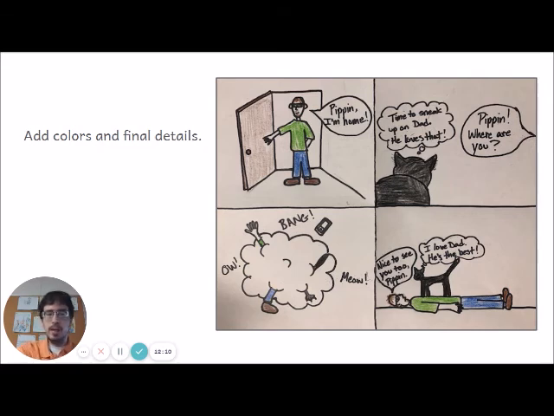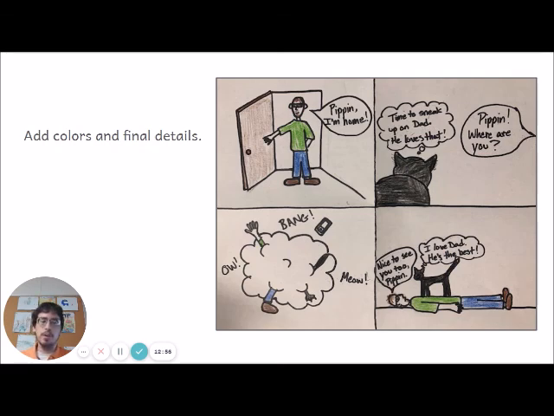And then y'all, once you have done that, you got a couple options for how to turn it in. And I had it written in the assignment that had the link to this video. Basically, your choices are going to be taking a picture and turning it in on Canvas. Or if you're having issues with Canvas, you can always email it to me. And if neither of those are working, I'm going to recommend that you guys just bring in your papers and ask your teachers if they will put them in my box for me. So that way, even if I'm not at school or if I'm in the middle of testing and stuff, I can get them and I can take a look and see what you've got.